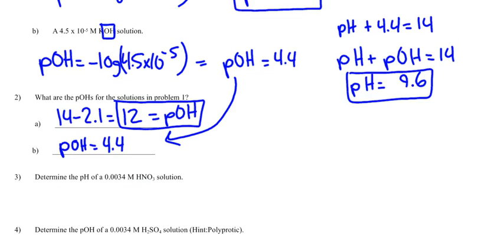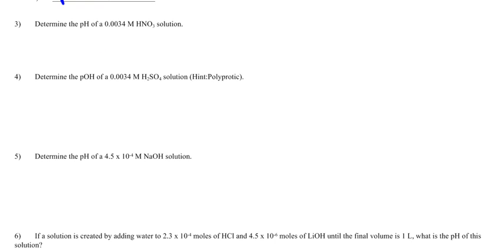Now I go on to number 3. It says determine the pH of a 0.0034 molar HNO3 solution. So this is nitric acid. Again, this H is going to completely ionize since it is a strong acid. And we will just solve the basic formula. pH is equal to negative log of the H plus concentration, which if it's in molar, it's already there. So we just put